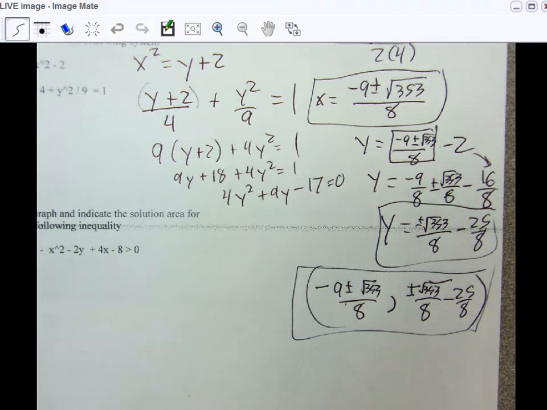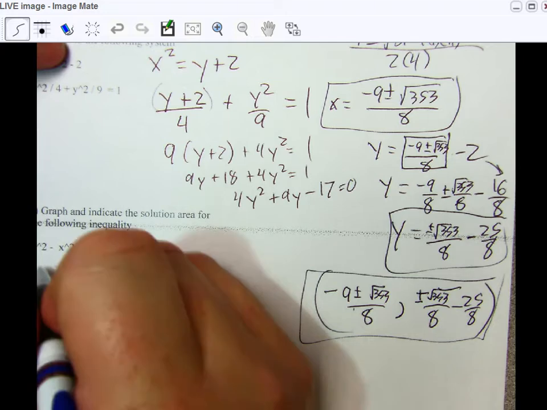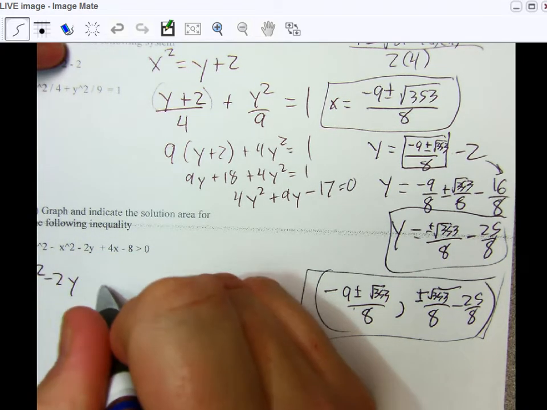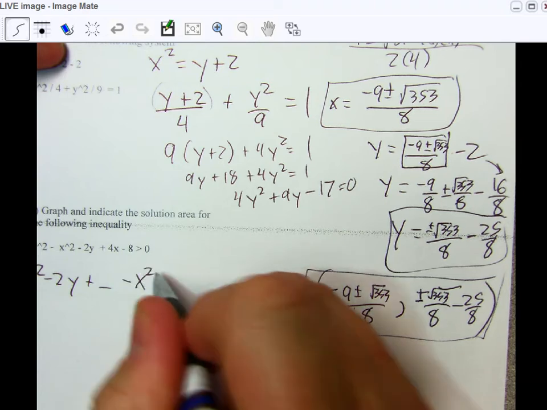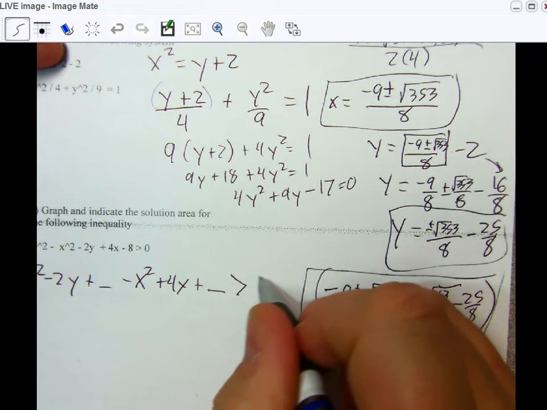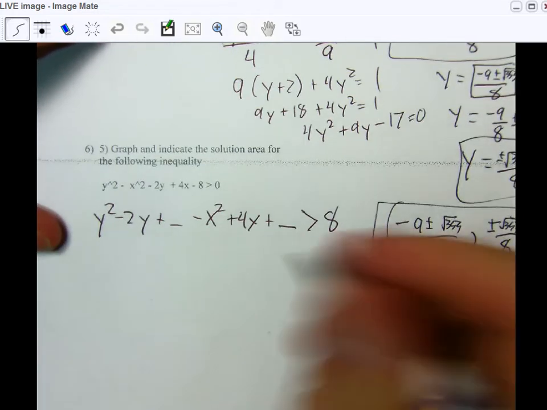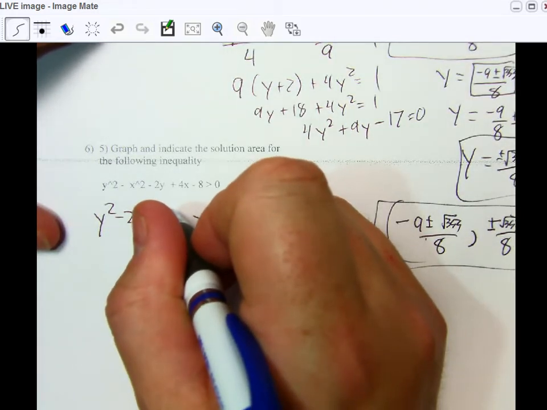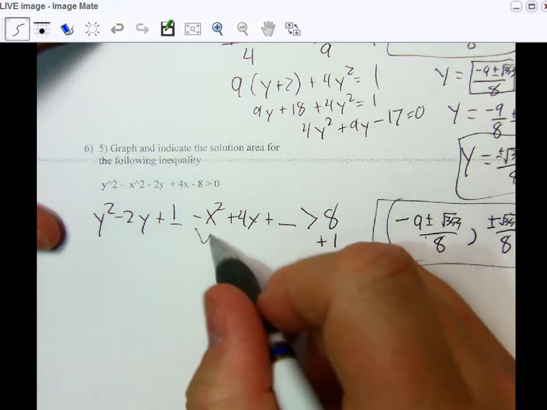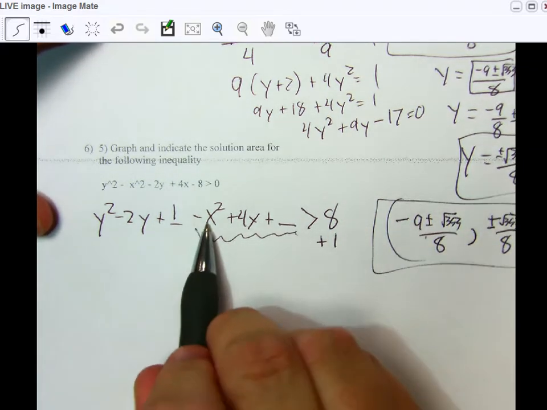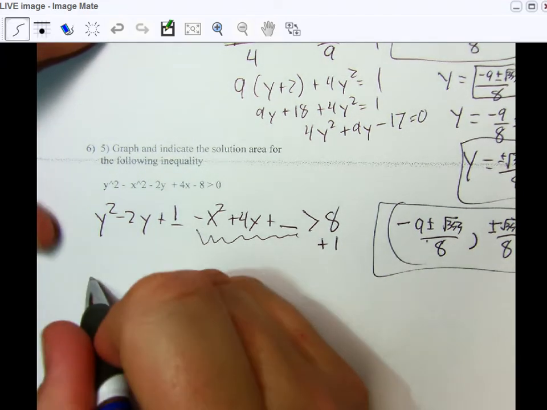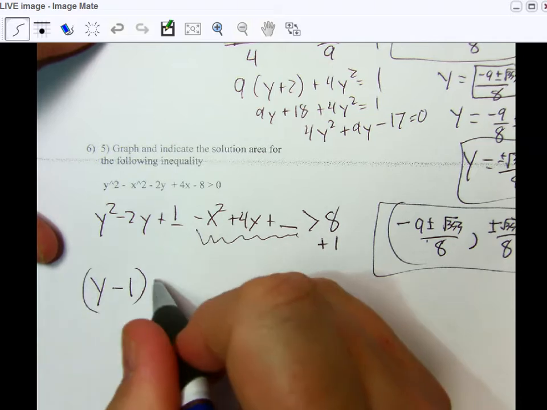There you go. Now, down here, graph the indicated. So I'm going to say y squared minus 2y plus blank minus x squared plus 4x plus blank is greater than 8. Now, with that, that means I need to put a 1 in here, which means I need to add 1 over here. Ladies and gentlemen, most important thing in the world, I cannot complete the square if I have a negative in front of the x squared. So I must factor a -1 out,